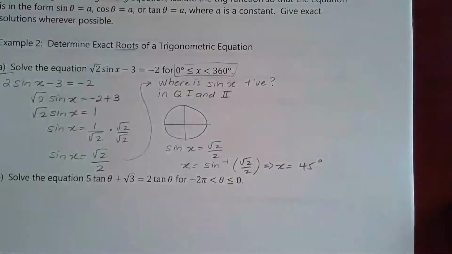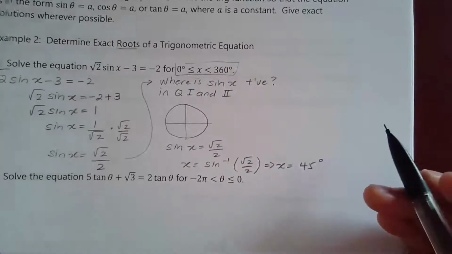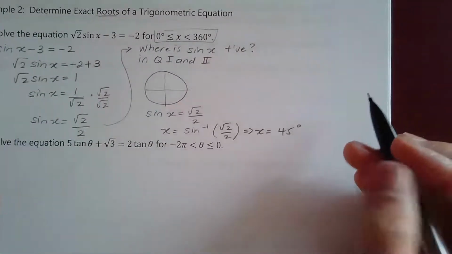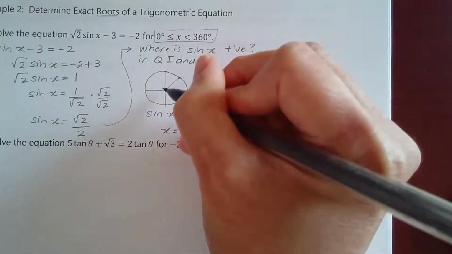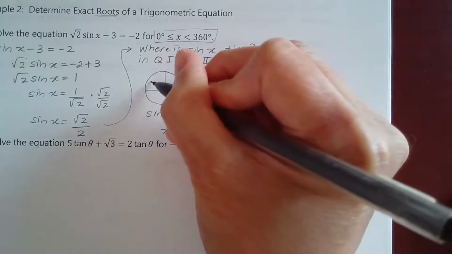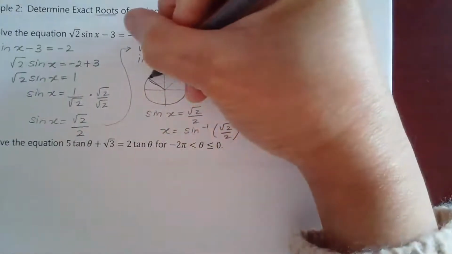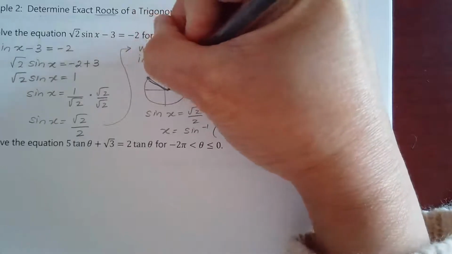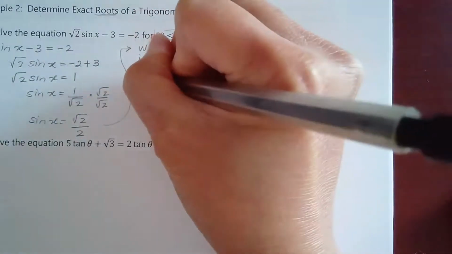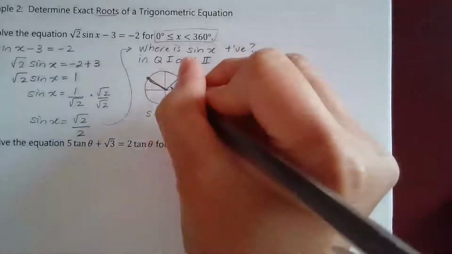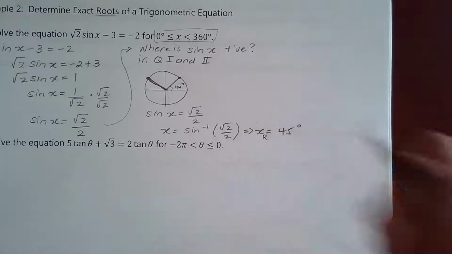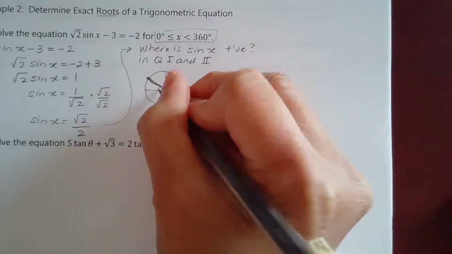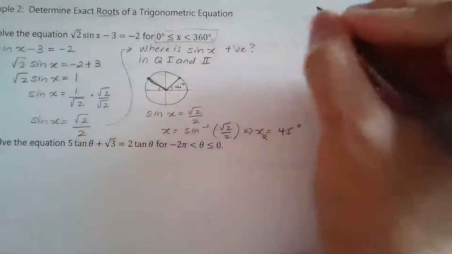So that's our reference angle, and that's also the angle in the first quadrant. So that's our angle in the first quadrant, 45 degrees, and 45 degrees there. So this is 45 degrees, a reference angle. Maybe I should put the reference angle there, and then 45 degrees there. So this, therefore,